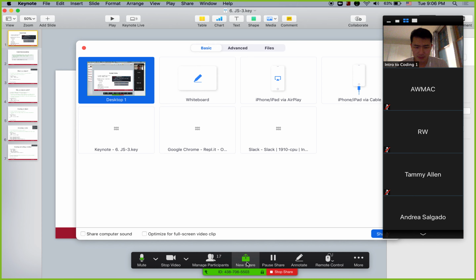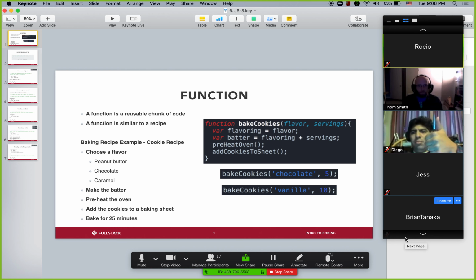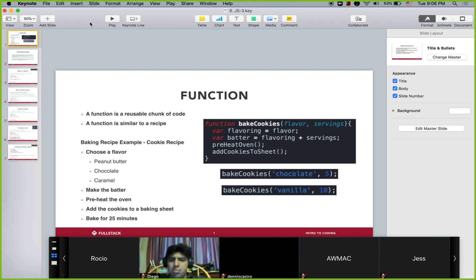So can everyone see? No, no one can see my screen. I just realized that. Okay, can everyone see my screen now? Yes. Do you see a slide that says function on it? Okay, great. Thanks, guys. Cool. Okay, so